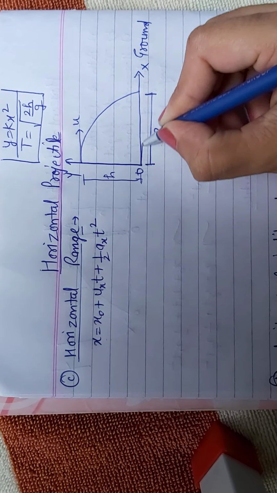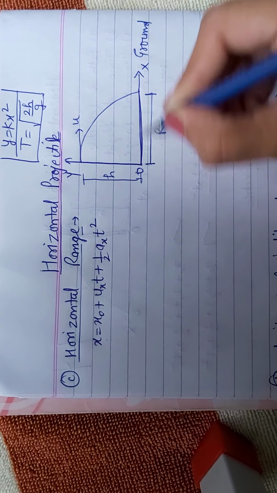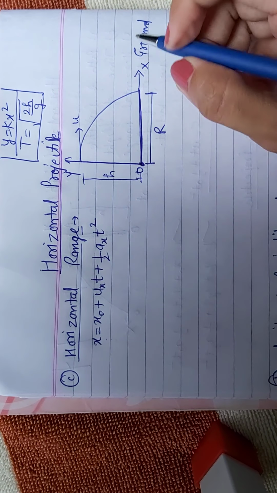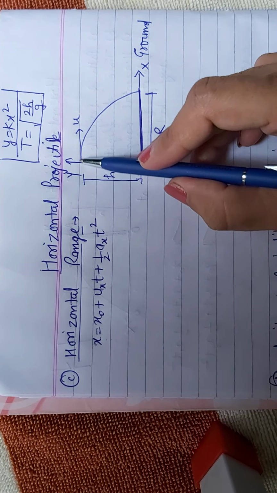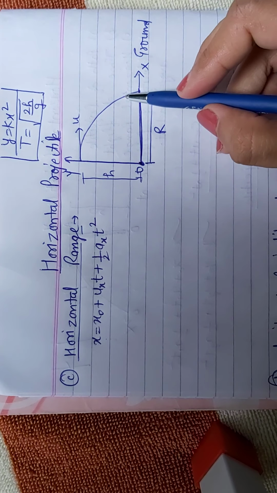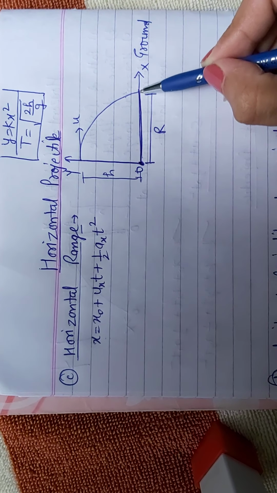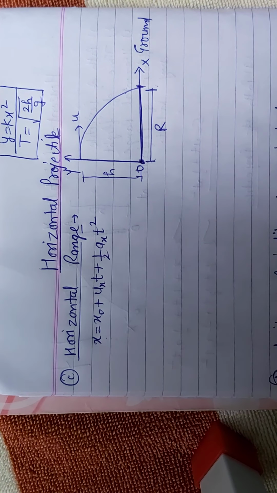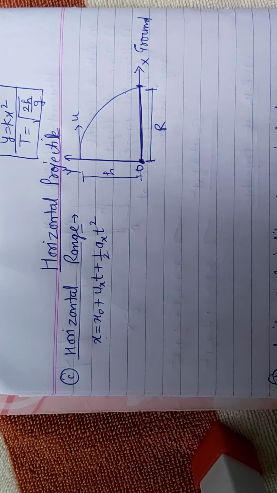Okay, so this is from the starting origin, and when it is touching the ground, during this time it is in the air, so it is not touching the ground in the meanwhile. Here this is representing the horizontal range. It is a distance along the x-axis, meaning how much horizontal distance a horizontal projectile crosses during its flight is known as the horizontal range. So x naught is equal to 0.